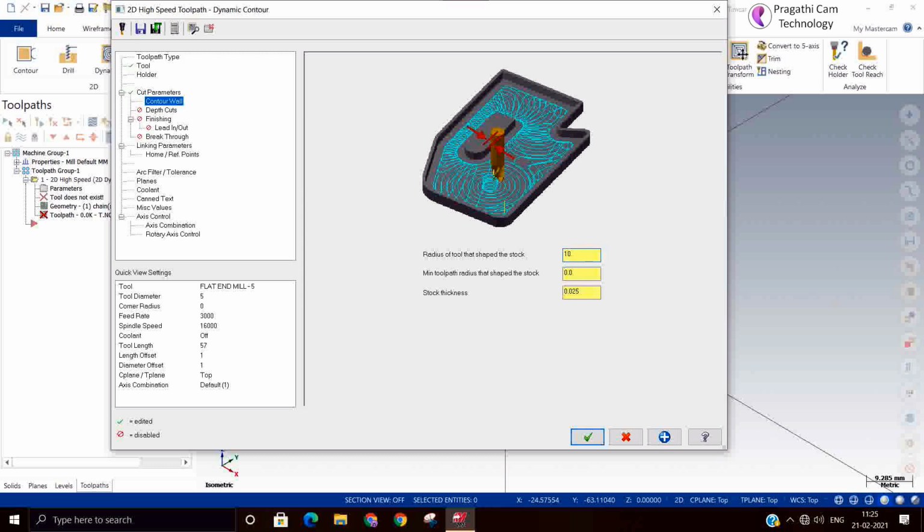Maybe 10 I have given. This is the radius of the casting, the inner radius. Now, what is the minimum tool radius? Now it is cutting the stock. We are using a 4 tool. Sorry, it is asking for radius, so here I'll put 5. Current tool 2. Stock thickness you can give.